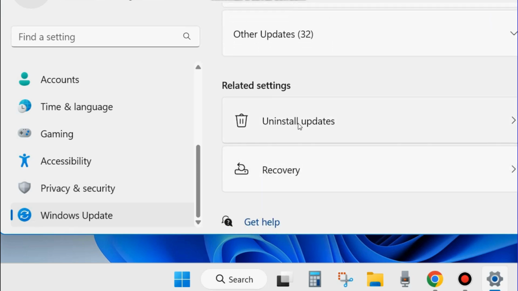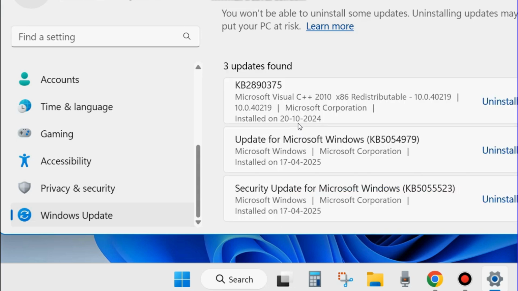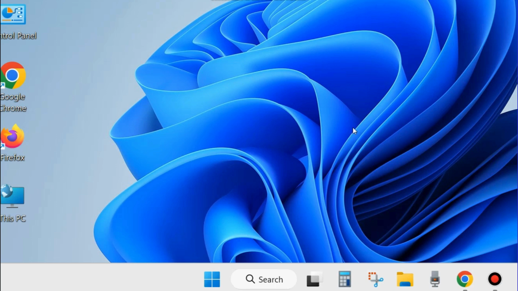Click on uninstall updates and find out if you have recently installed any latest Windows update and after that the problem arises, then uninstall that particular update. There may be a possibility that after installing the latest Windows update your computer screen is blinking or flickering, so uninstall that culprit